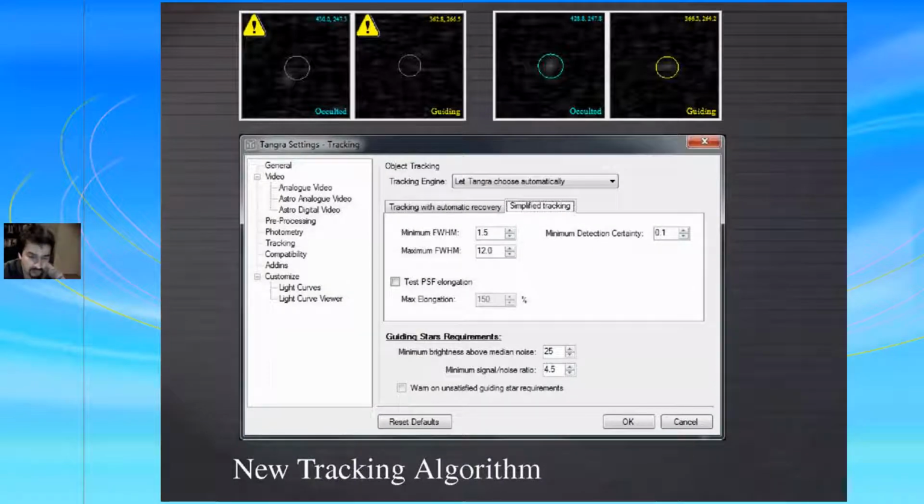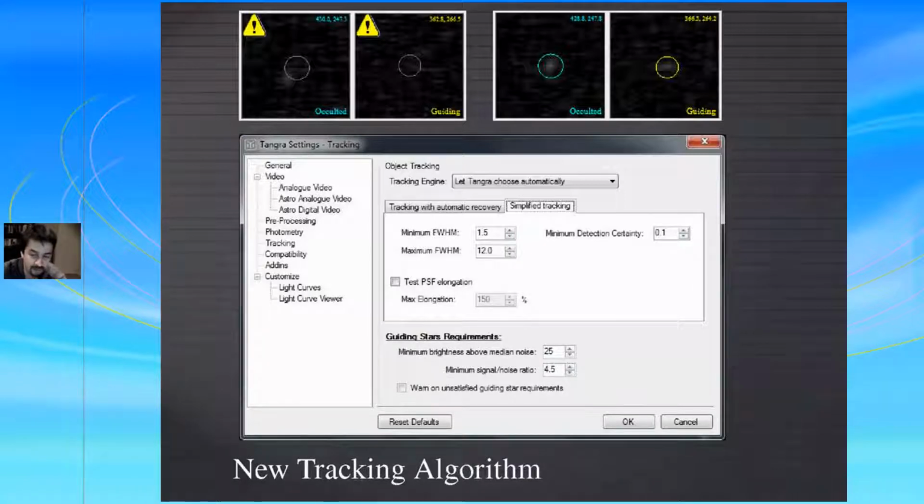The new tracking engine, as I said: those of you that use the old version of Tangra know that if you have lots of flickering and wind and other issues like this, Tangra is very capable of tracking your video, but at the same time it's sometimes very zealous, if I can say that, about what it considers a good point of the stars.